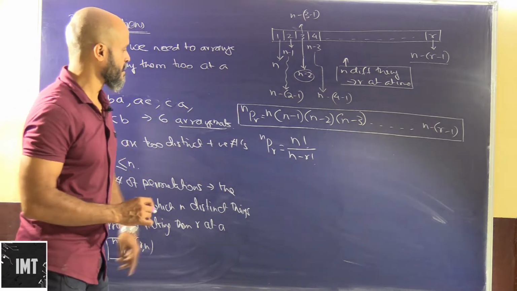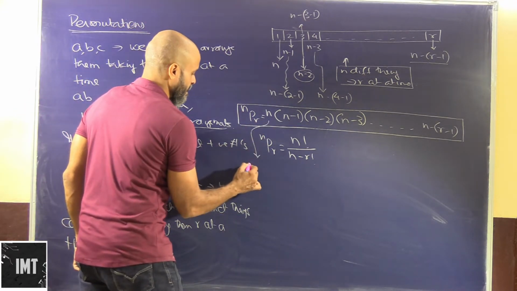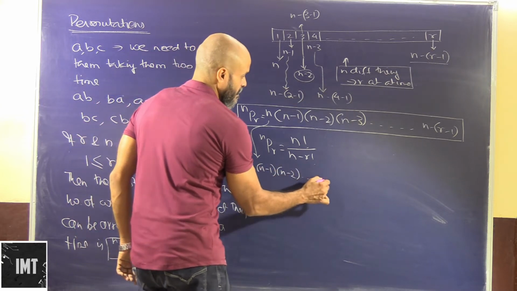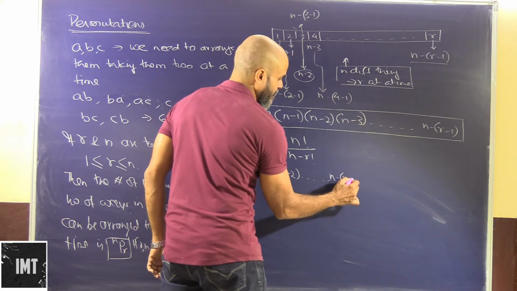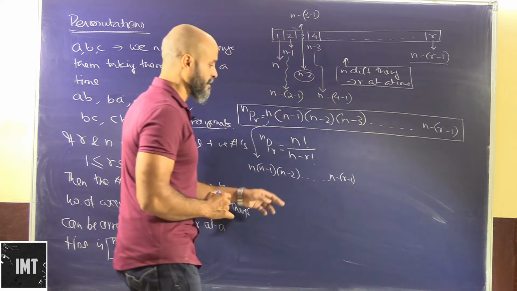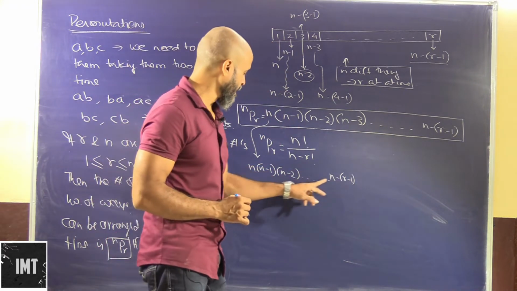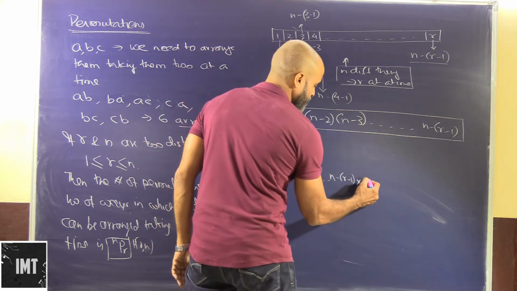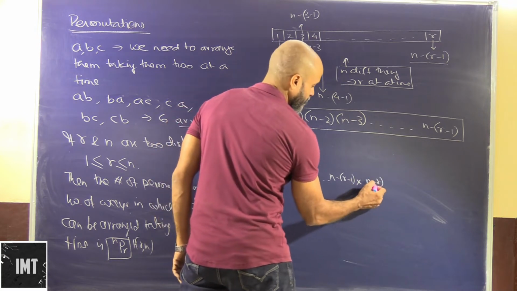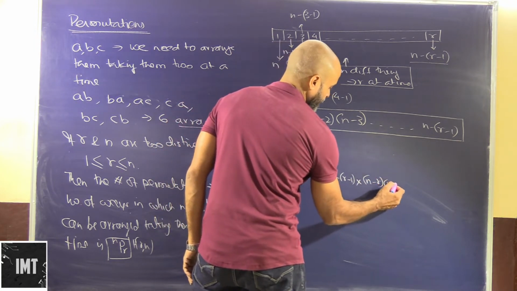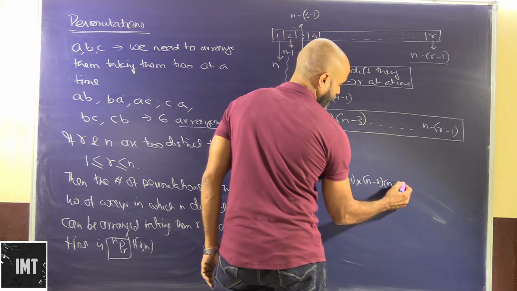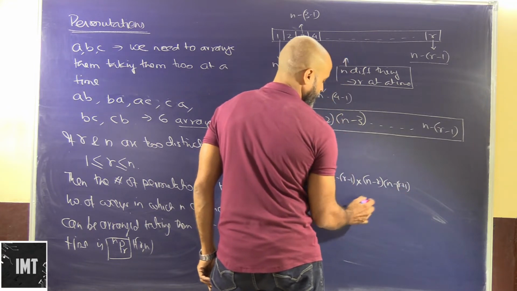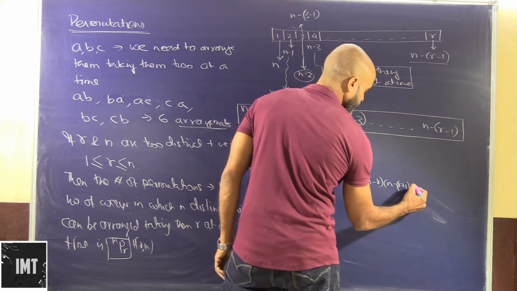How? So let's look at this. Okay, let's look at this. This will be n minus 1, n minus 2 till n minus r minus 1. Okay, now this can be expanded. See, so we are basically decreasing. So let's say I multiply this by n minus r, then n minus r plus 1, obviously it will be n minus r plus 1, okay, then it will be